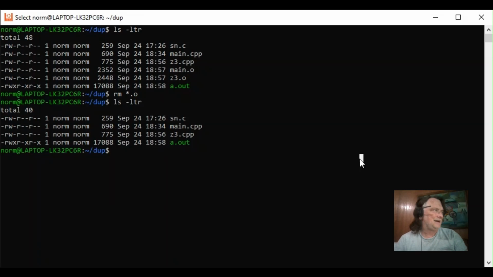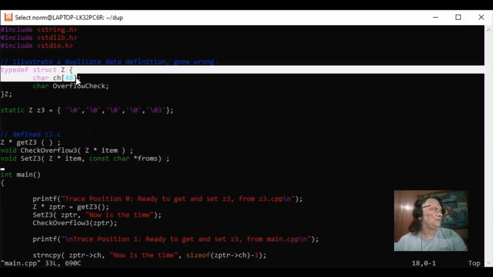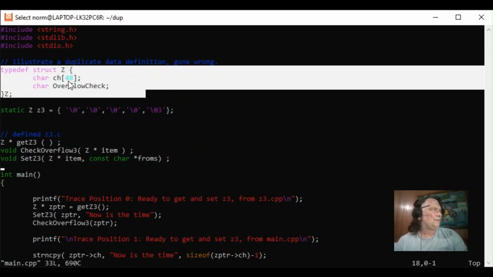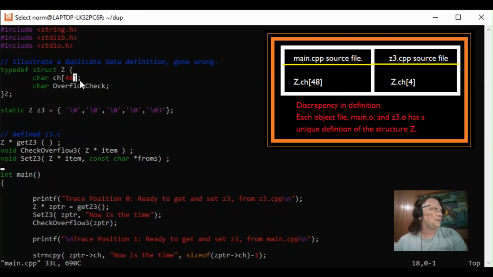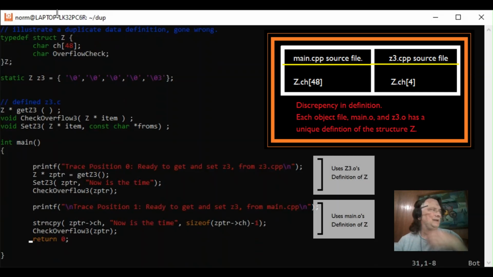Let's do it. All right, so over here, let's create a structure we're going to duplicate in a bad way. So we have a structure, let's just call it Z. We'll create it 48 bytes over here and then whatever. So we'll have it in the main. It'll be compiled into this main object and there will be a copy in the main. Main will have an idea of how big it is, and then we can set